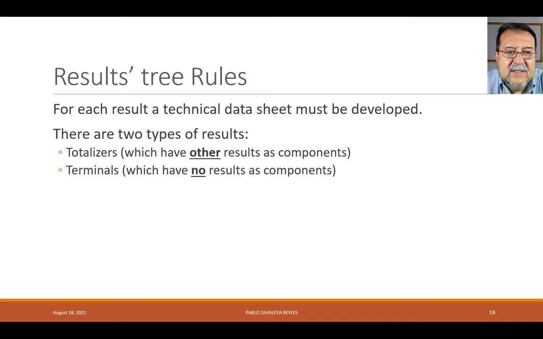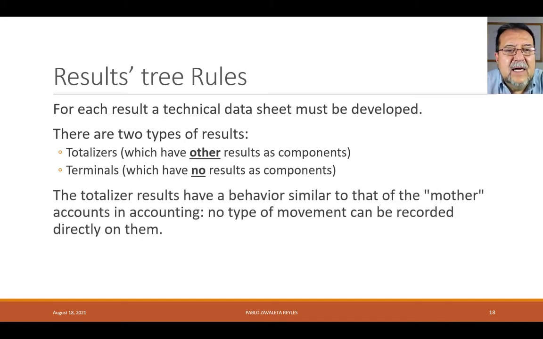The totalizers act as mother accounts in accounting. We cannot record movements or anything there. Why? Because those operations are recorded in its terminals, in the component results of those